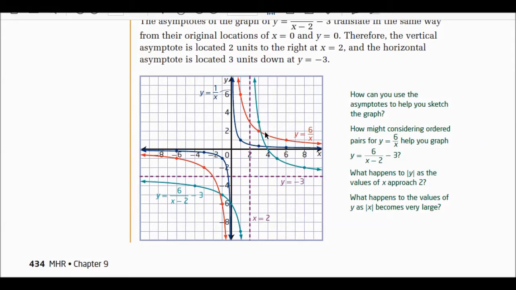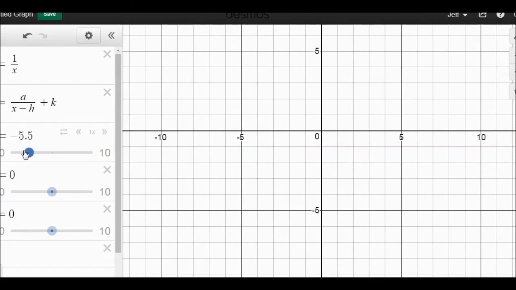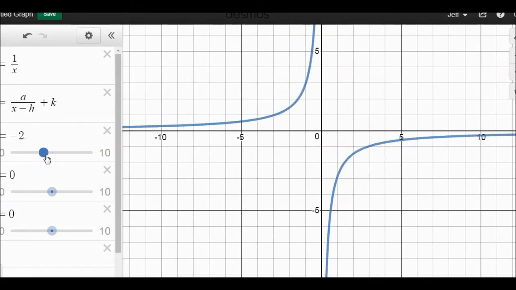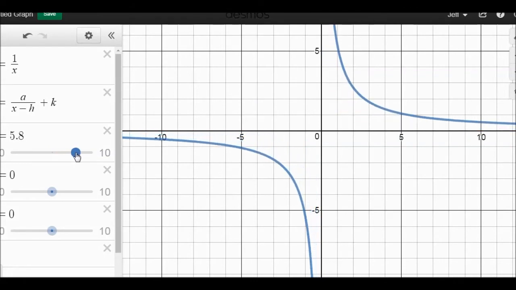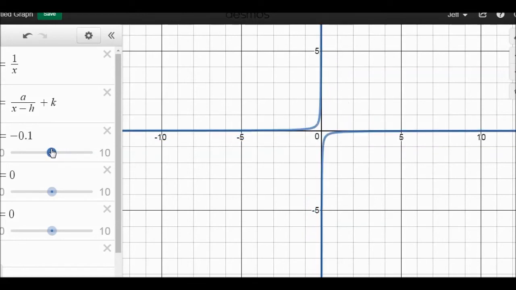Okay? Now, what about horizontal asymptotes? What's the horizontal asymptote for this graph? 0. Yeah, it is. What if A is something different? What's the horizontal asymptote as I move this? It appears still to be 0, right? And what about over here? Yeah, still 0. So it's important to note that this type of rational function has a horizontal asymptote of 0,